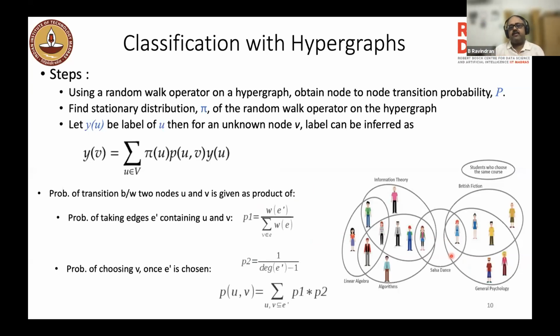Right? So what we defined here was, first you uniformly choose among all the hyperedges that are incident on the node. And then once you pick a hyperedge, let's say you start from this node and then you pick this hyperedge, then you uniformly choose among the other nodes in the hyperedge. Right? Not just uniformly randomly choose some node in the hyperedge, which means you could potentially stay in your location itself. Right? So then we define this random walk, and then based on this, we again go ahead and define